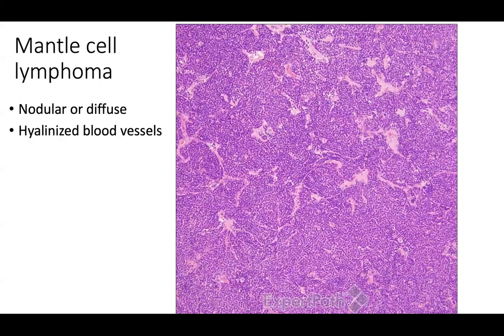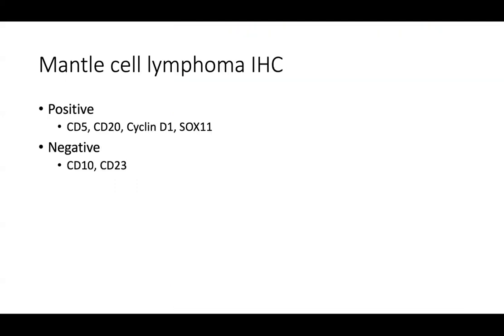Mantle cell lymphoma. This picture shows a nodular diffuse architecture to the neoplastic cells with hyalinized blood vessels. And the stains for mantle cell lymphoma, as I mentioned earlier in the talk, include CD5, CD20, cyclin D1, and SOX11. Mantle cell lymphoma is usually negative for CD10 and CD23. So for your exam purposes, definitely focus on CD5 and CD20